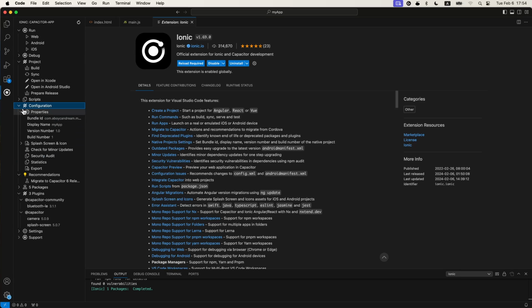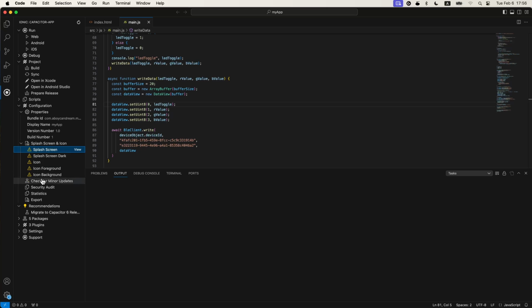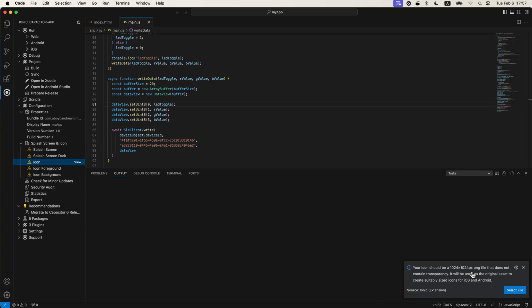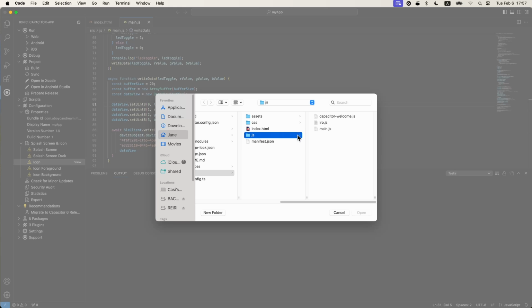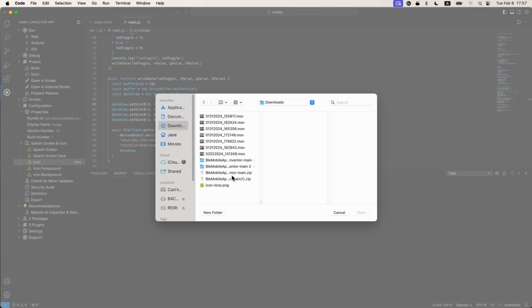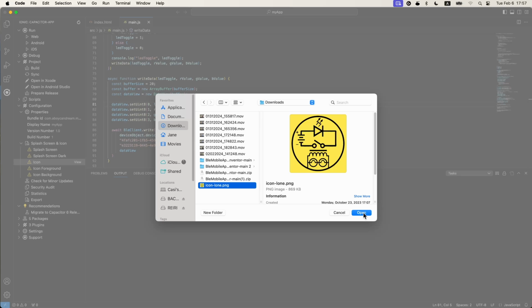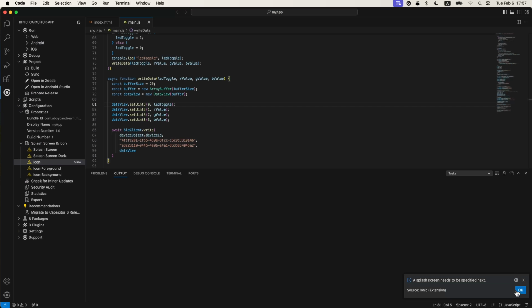So okay, if you go into configuration and this splash screen and icon. I just took mine out so I could walk you through this. It's under splash screen and icon, and if you click it, it gives you the resolution that the file should be in. So I'm going to use my icon, and this is annoying. I don't want to do a splash screen, but you need to. It needs a splash screen